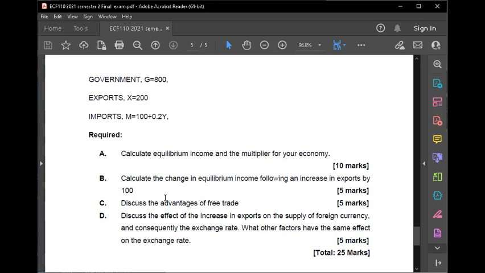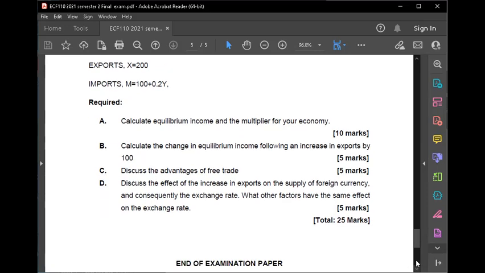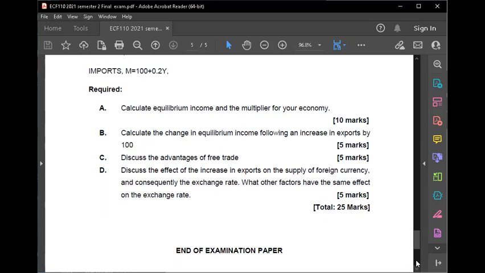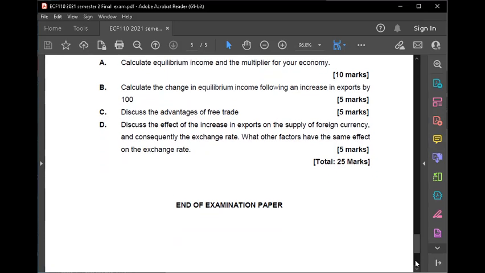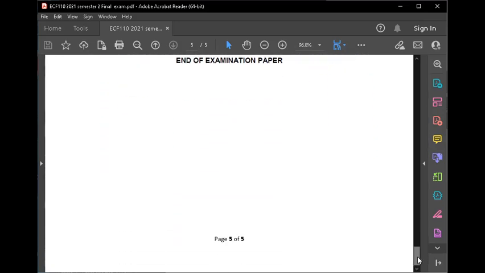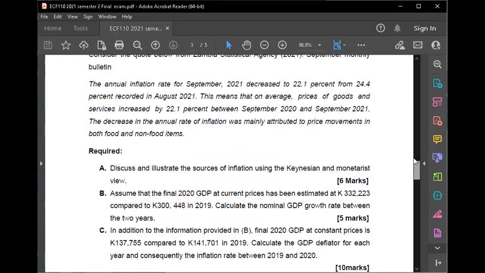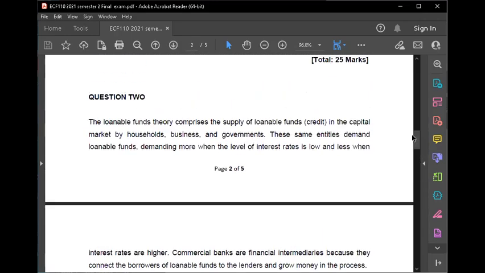All right. So what is the other thing? The other advantage is that because investment is going to increase, it also brings about high employment. Employment rises because if there is investment, you know there'll be employment, right? And the other one is that it also brings about economic growth.